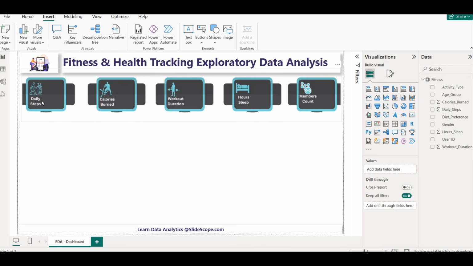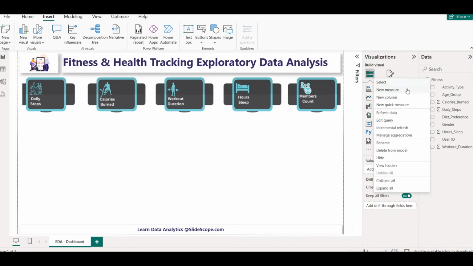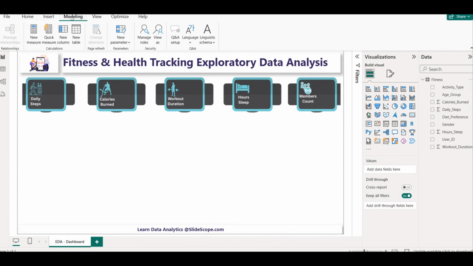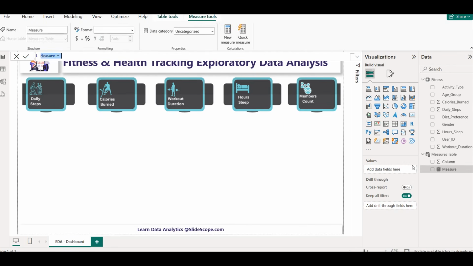First is daily steps. How to count daily steps? Obviously we are not doing member wise count of daily steps, since that is already given. If we are doing gender wise count of daily steps, then we can select either sum of steps or average steps. So here we are going to create a new table in the modeling tab. What I do is I create a new table which I call measures table, where we are going to put all our measures, and here I will create our first measure,